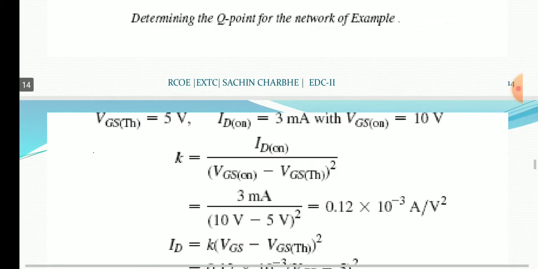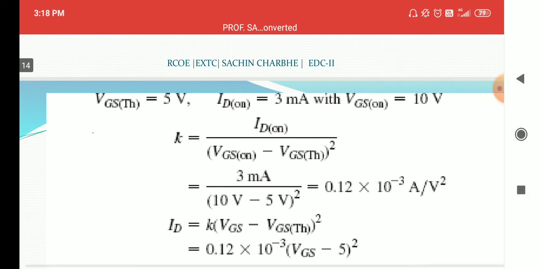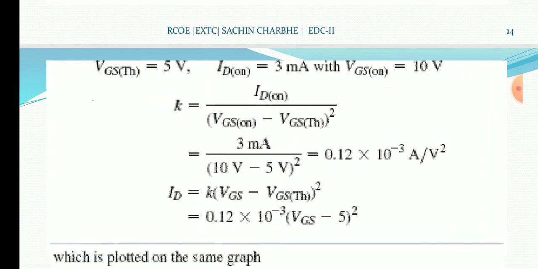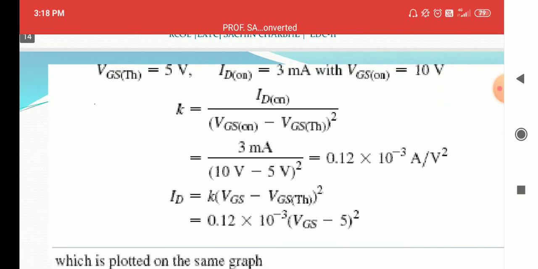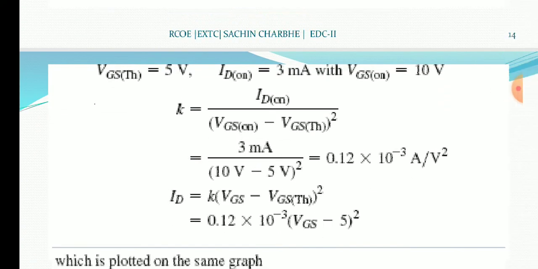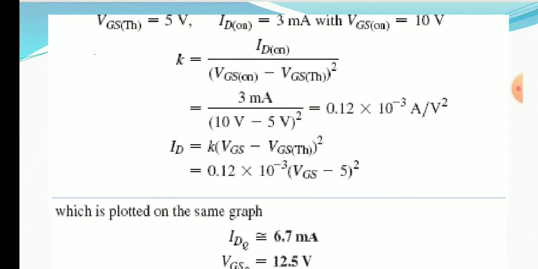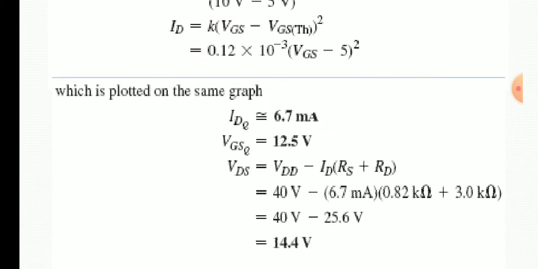Now you can solve by another method. VGS TH is 5 volt, ID on equals 3 milliampere with VGS on 10 volt. So calculate the value of K. K equals ID on by VGS on minus VGS TH whole square. So put the value, you will get the value of K, that is 0.12 into 10 raised to the power minus 3 ampere per volt square. Then ID is nothing but K into VGS minus VGS TH whole square. So using this, plotted on the same graph, IDQ we calculate 6.7 milliampere and VGSQ 12.5